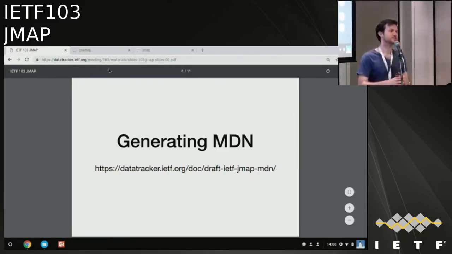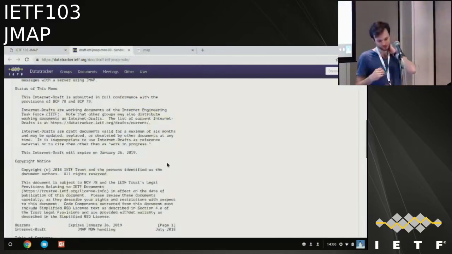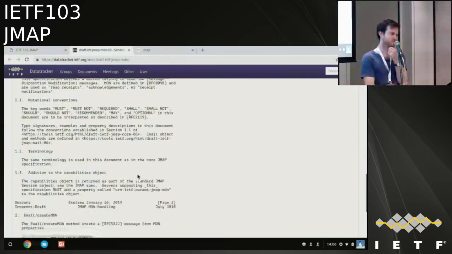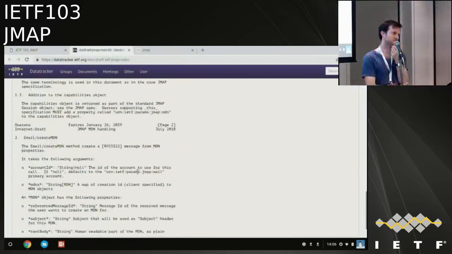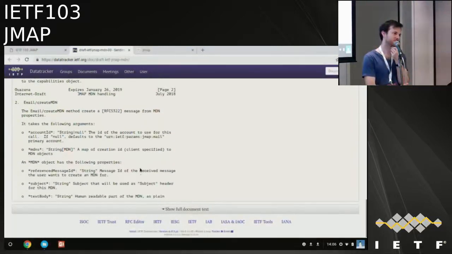So basically, the send MDN method had been proposed. There had not been much discussion on the topic, as far as I know. So clearly, we should move forward with this.